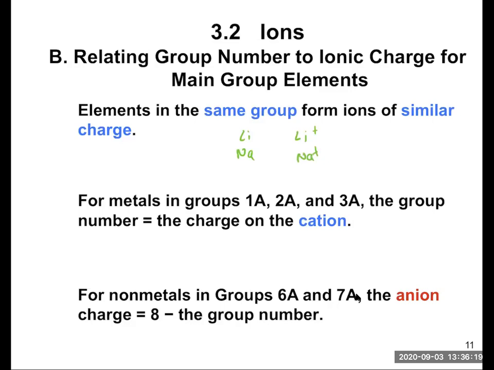Every atom in group 2 is going to become a cation by giving off 2 electrons. On the other hand, groups such as 7A, your fluorine, your chlorine, are going to gain 1 electron. So everybody in that group is going to have a -1 charge. Everybody in group 6A is going to have a -2 charge.